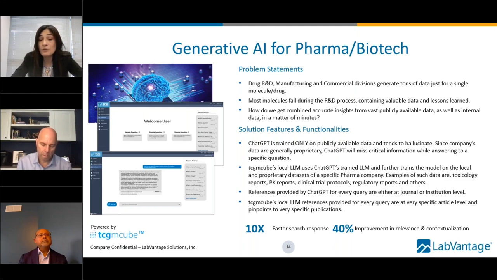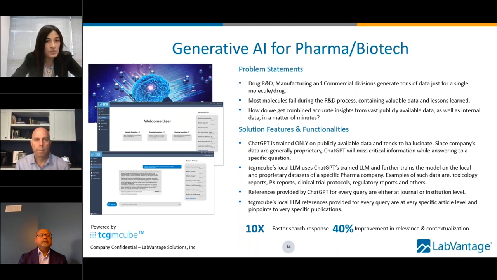Now, references provided by ChatGPT for every query are usually at the institution level, but tcgmcube's local large language model provides references for every query at a very specific article level and pinpoints very specific publications. And this really helps the users get better insights.